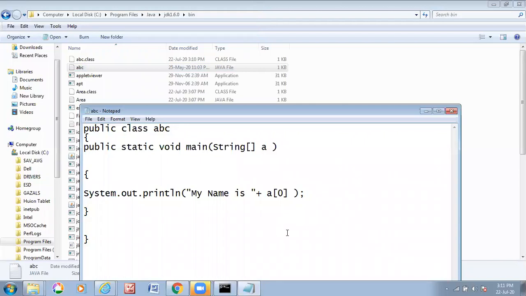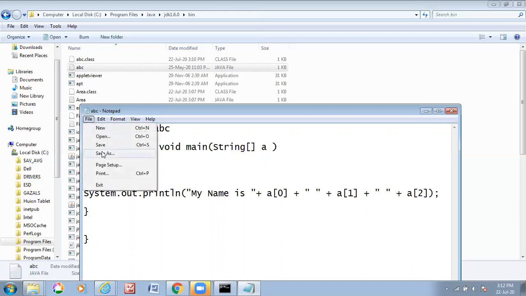If I write here plus some space in between plus, concatenation operator, plus A1, plus again some spaces in between, plus A2. Now I need to pass all these three arguments to the array 0, 1, 2.